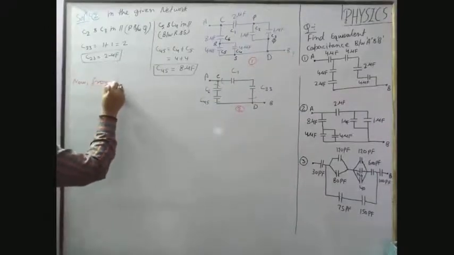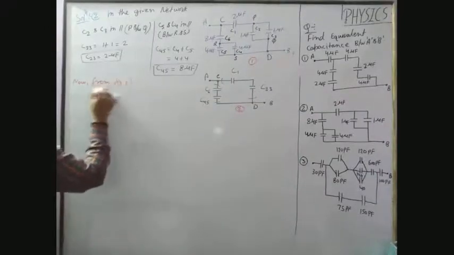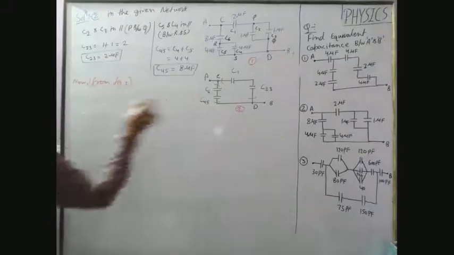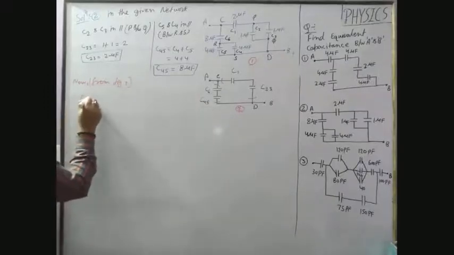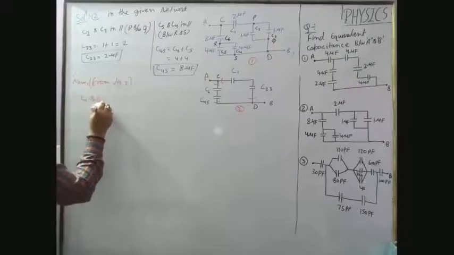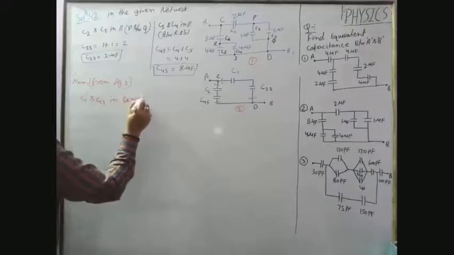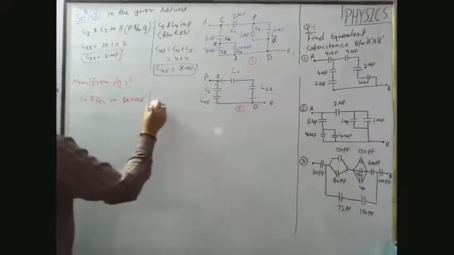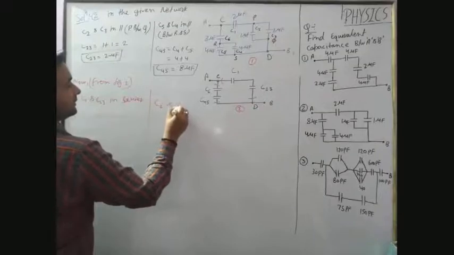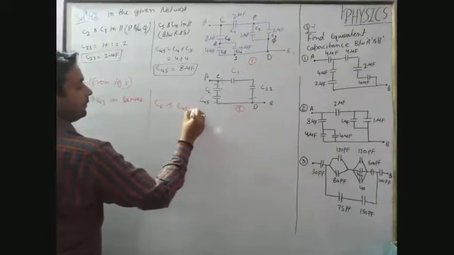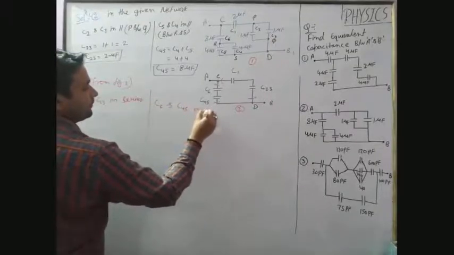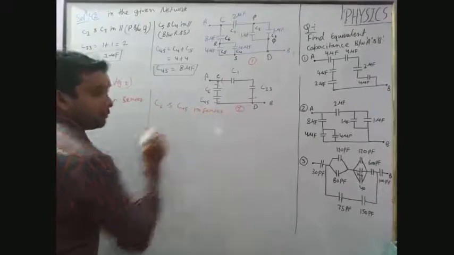From figure 2, C1 and C23 in series, okay, and C6 and C45 in series, okay. Now